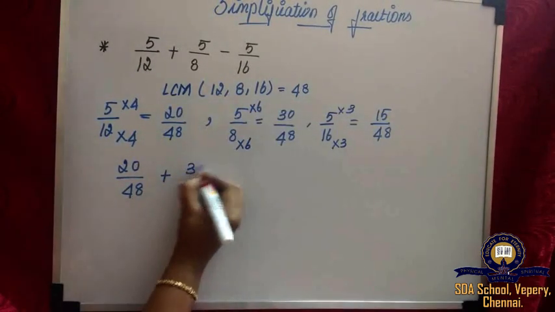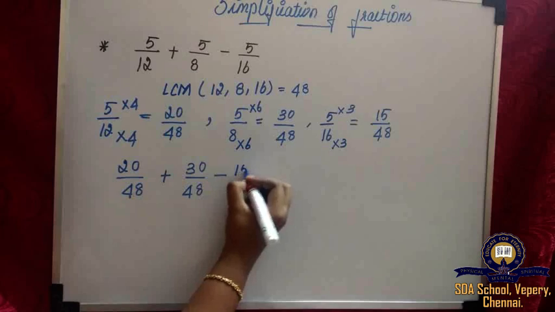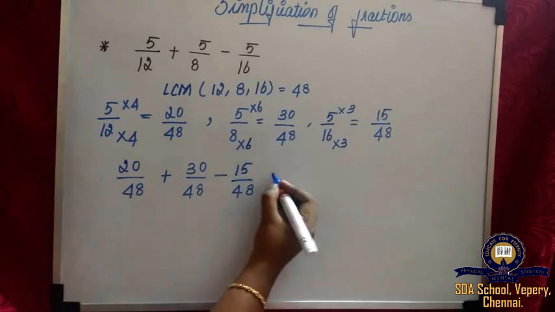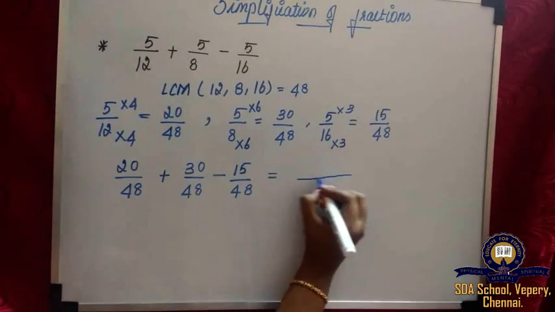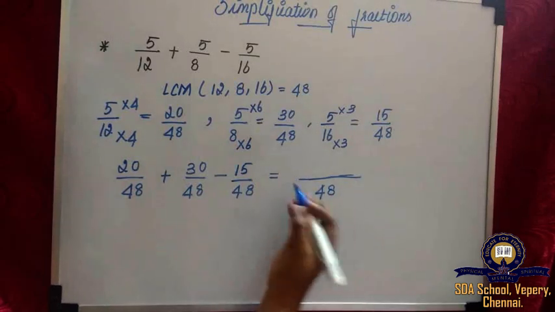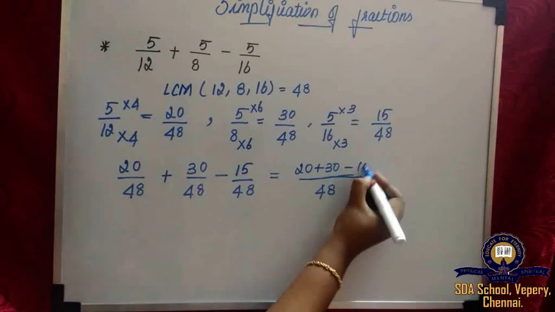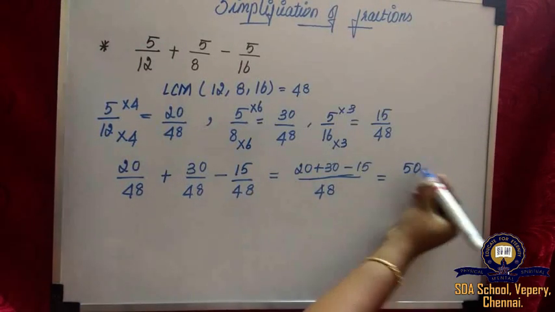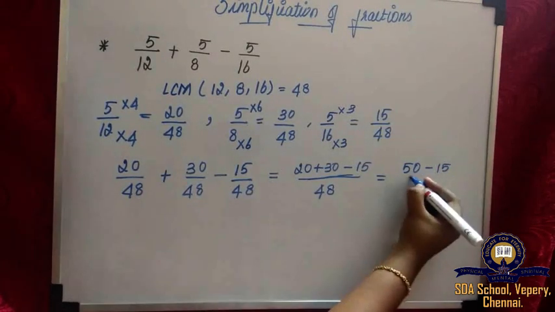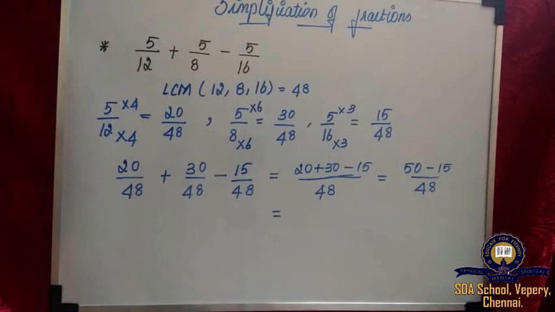plus 30 by 48 minus 15 by 48. So the denominators are same. So divided by 48, 20 plus 30 minus 15. So what you will get? 20 plus 30 will give you 50 minus 15 by 48 is equal to 35